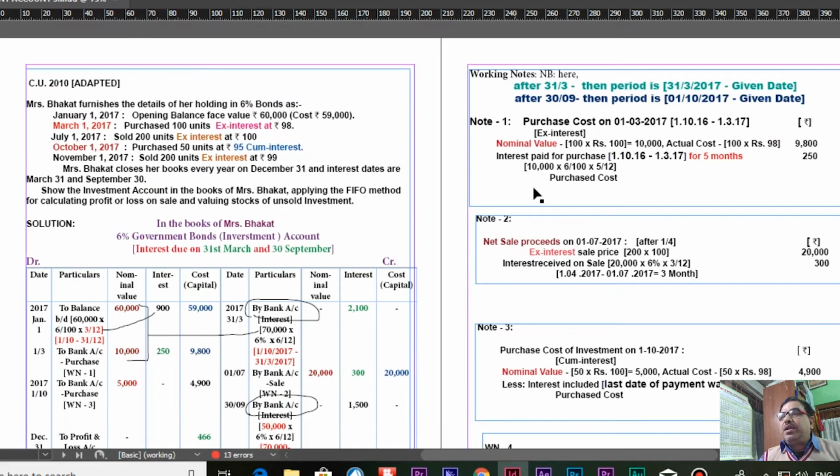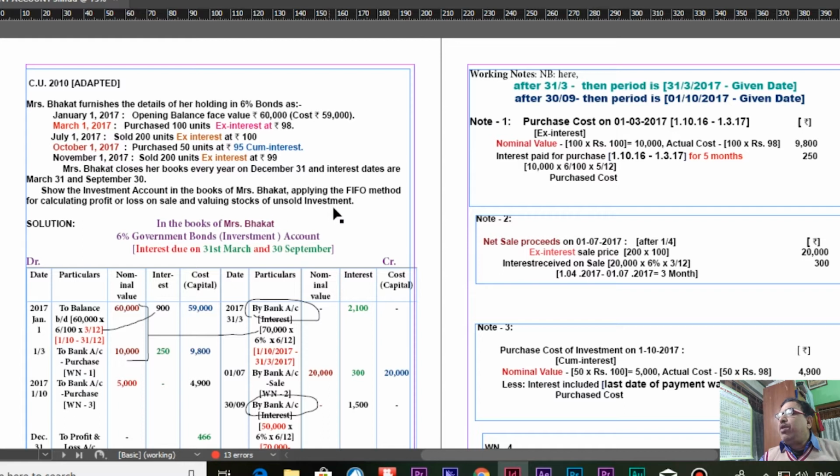It is a balance of 31st December. Therefore, please remember that when it is 31st December, that means 1-10 is to be considered. Just before the date, before 31st December, it is